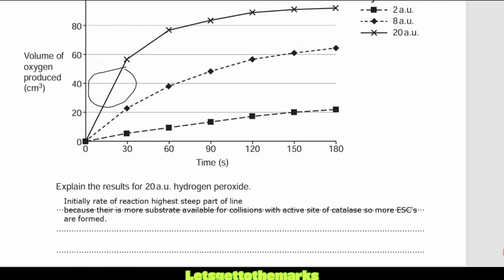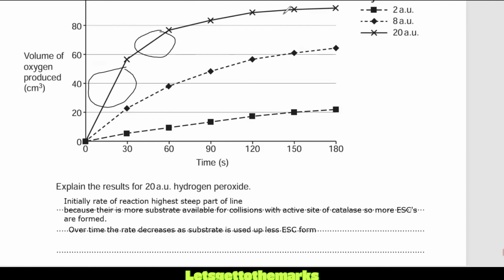Right. Now, why does the reaction start decreasing over time? So we want to say over time, the rate decreases as substrate is used up, less enzyme substrate complexes form, right? So we've got less substrate, so therefore we're going to get less enzyme substrate complexes forming. If I wanted to go into detail, I could over explain it and say there's less collisions between the substrate and the active site, and then essentially that is going to explain the rest of this as well.